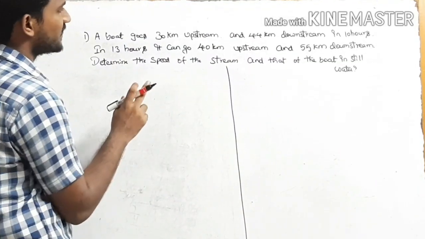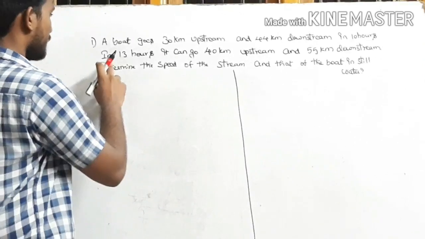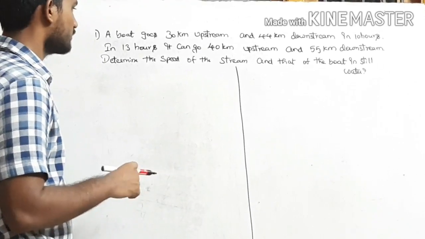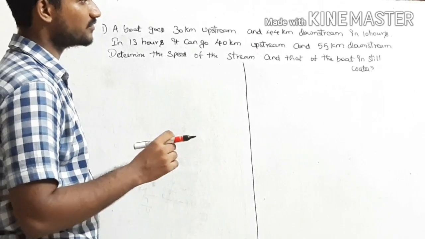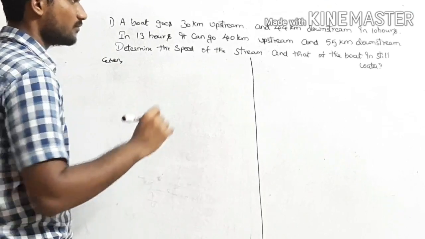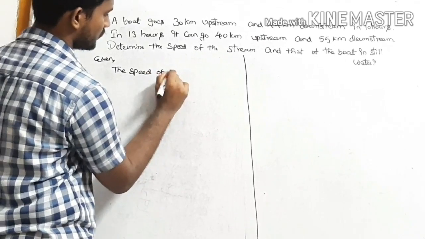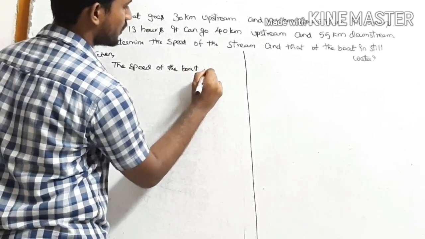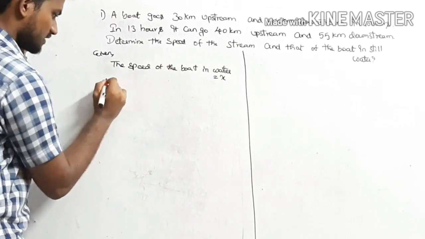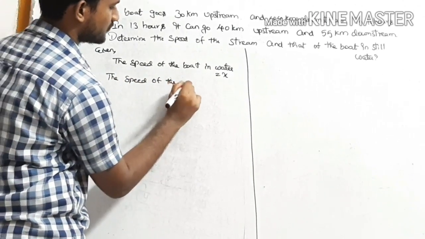A boat goes 30 kilometers upstream and 44 kilometers downstream in 10 hours. In 13 hours, it can go 40 kilometers upstream and 55 kilometers downstream. Determine the speed of the stream and that of the boat in still water. First take the given: the speed of the boat in still water is x, and you can take the speed of the stream